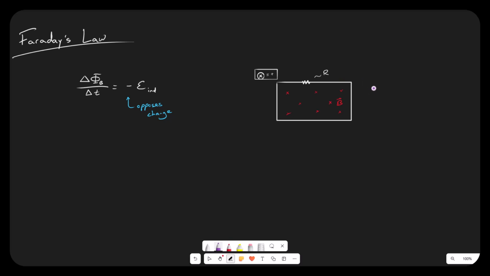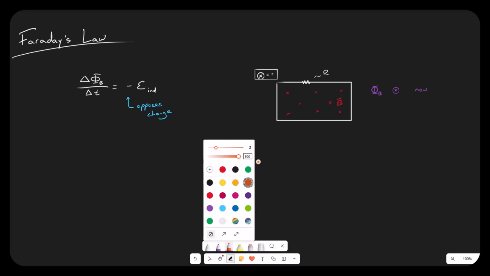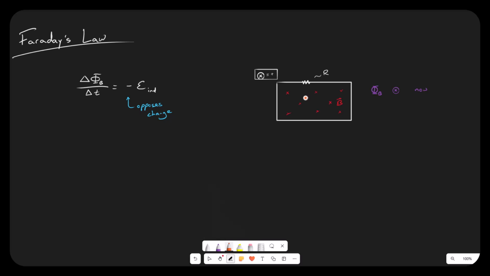So right now, I have some amount of magnetic flux that has a sign that's consistent with pointing into the screen. I'm going to have flux that goes into the screen, or produced by a magnetic field pointing into the screen. That's fine, this loop does not care at all. It's a loop. But what happens when that flux starts to change? If I start to increase the flux that's here, so this is the flux I have now, if I start to add to this,